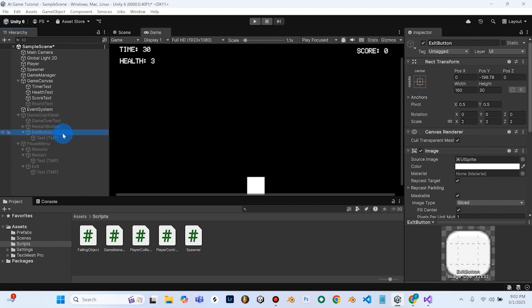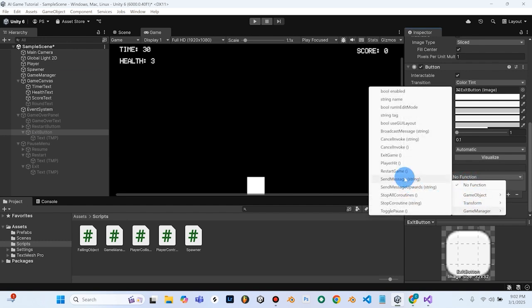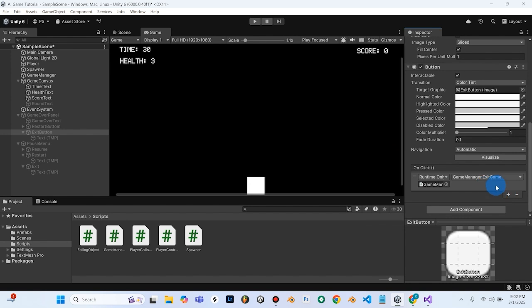So I'll go to my exit button, I'll scroll down, we'll hit the plus icon to create an on-click event, grab the game manager, we'll drag that in there, go to no function, game manager, exit game. So I'm going to go ahead and hit file and save, and we'll go ahead and do the same thing